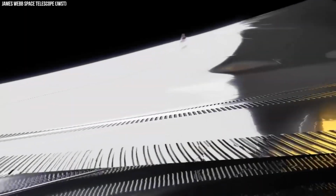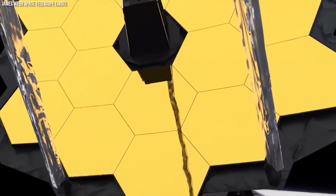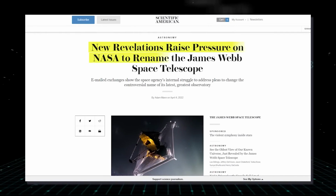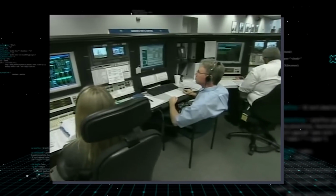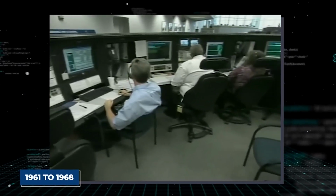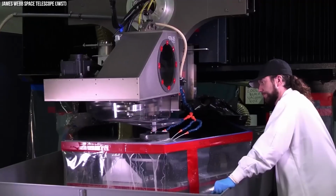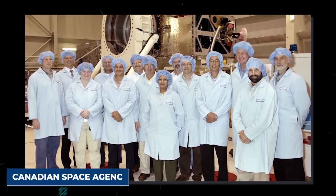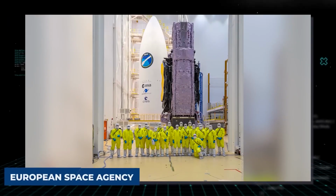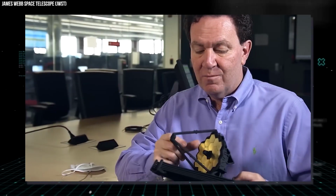Milky Way galaxy. Formerly known as the Next Generation Space Telescope, the James Webb Space Telescope is one of NASA's greatest inventions. The multi-billion-dollar telescope was renamed in September 2002 after James E. Webb, the administrator of NASA from 1961 to 1968, during the Mercury, Apollo, and Gemini programs. The Space Telescope's design was also led and developed by two main agencies, the Canadian Space Agency (CSA) and the European Space Agency (ESA), and the unique roles they played in the development and operation of the James Webb